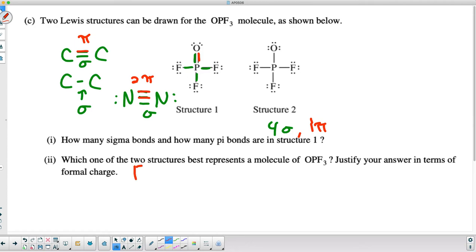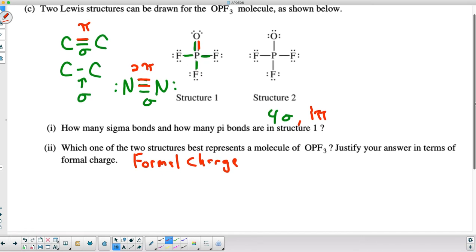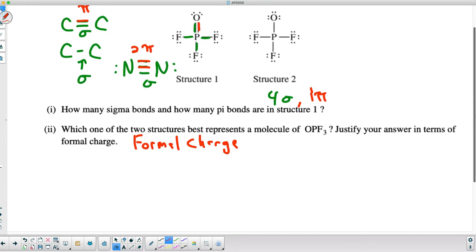What is formal charge? Well, in case you're not sure, formal charge is a way to check which between two structures is the preferred structure by looking at the number of valence electrons versus the number of electrons assigned. Okay, so let's take a look at structure number 1 first. So for structure number 1,